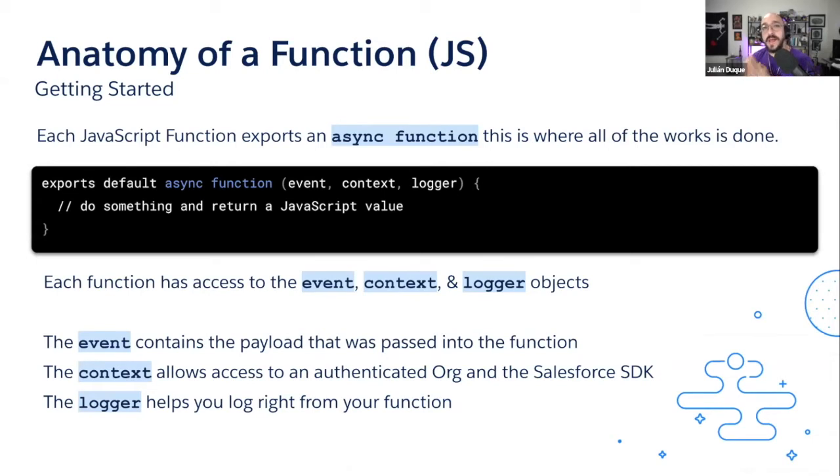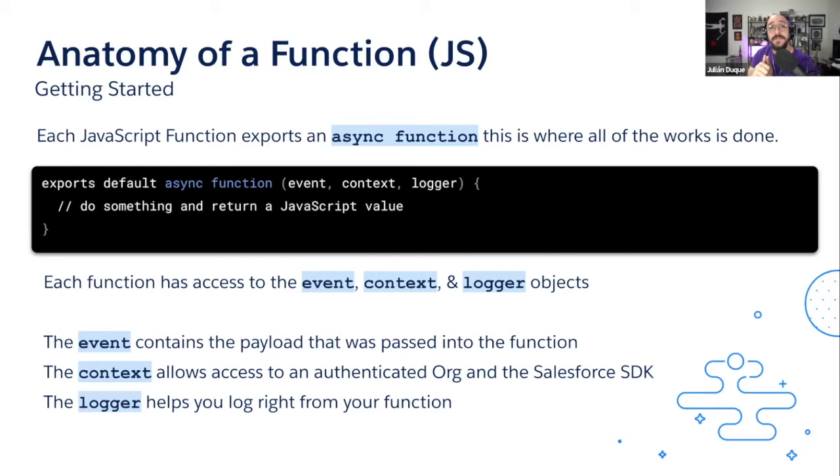So we have two main languages. One is going to be JavaScript and TypeScript, which look pretty much similar, and Java. So what's the anatomy of a function in JavaScript? Each JavaScript function is going to export an asynchronous function that contains three input parameters. The first one